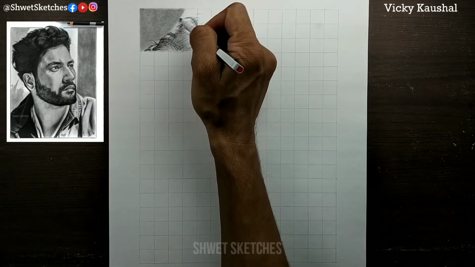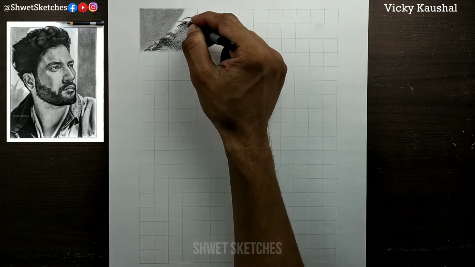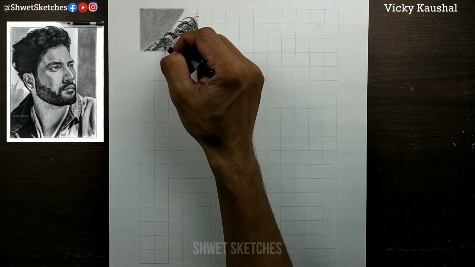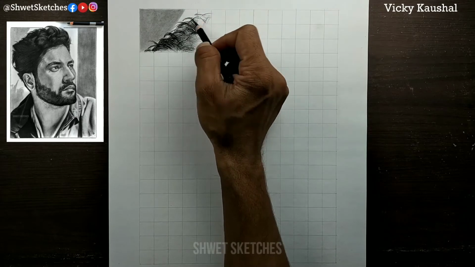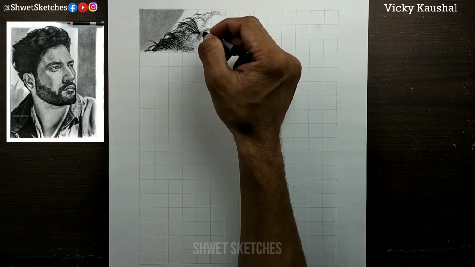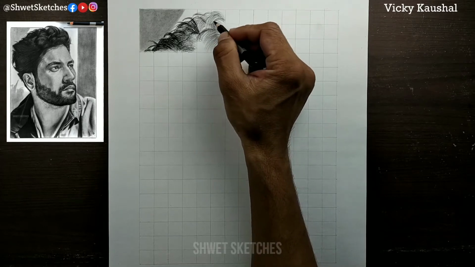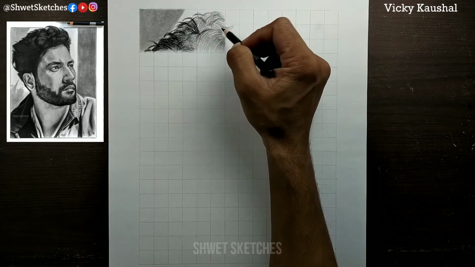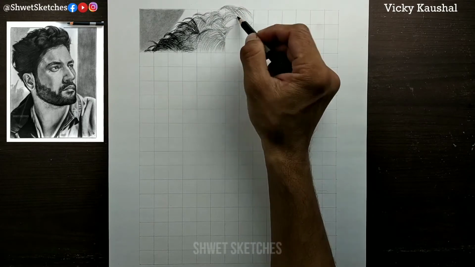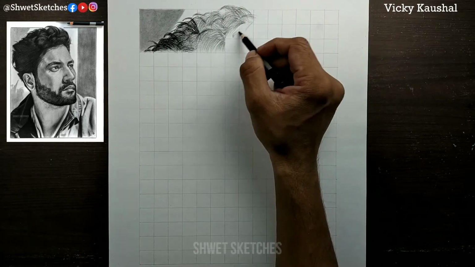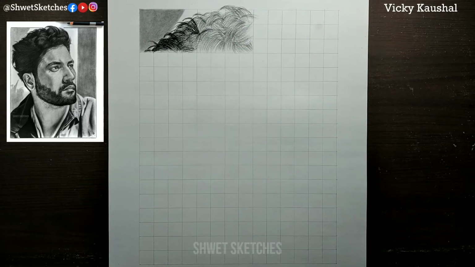The dimensions of the portrait and the grid that I am using are 14 by 18, 14 horizontal and 18 vertical. One box is equal to 1.5 centimeters. You have to keep focusing on the smaller details every time you make a grid, because if you apply a little more pressure while making the grid, it will not be erased easily afterwards, or you will see the tracing marks of the grid.